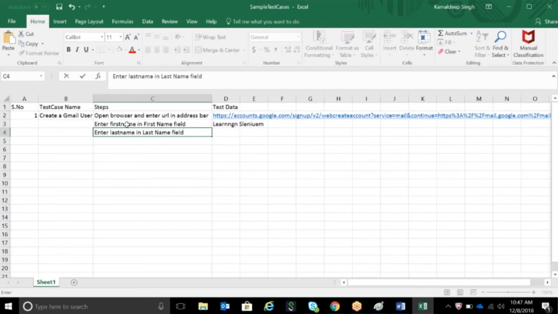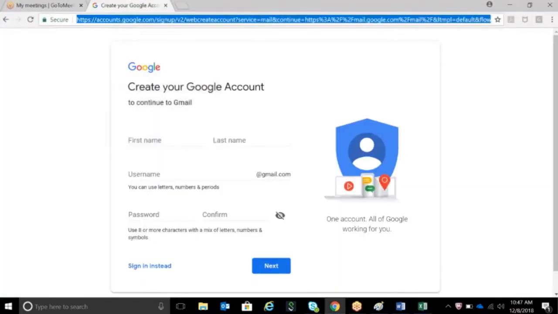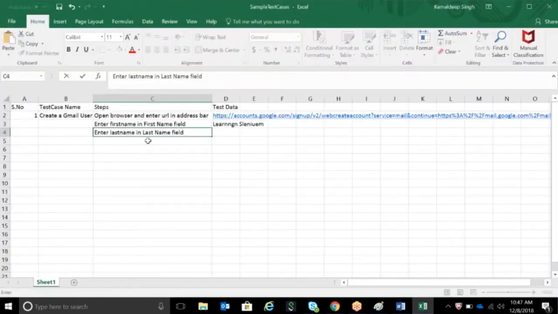Okay, you will see why I'm using first name and last name. This first name is first space name, then last name space, right? Because I'm using the same labels that they have displayed. Later it would be easy to know which field we are referring to, right? Then I will give last name as, okay, done.